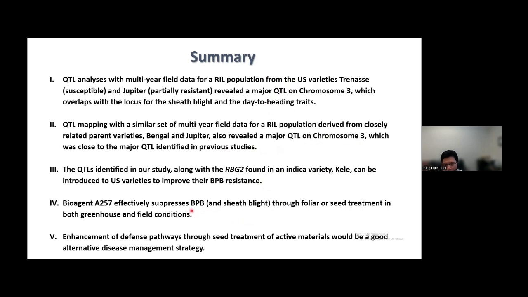At the same time, we are also working on the biological control agent 8257 for its efficacy in increasing disease resistance and studying the molecular mechanism underlying that induced resistance or induced defense pathways caused by the 8257